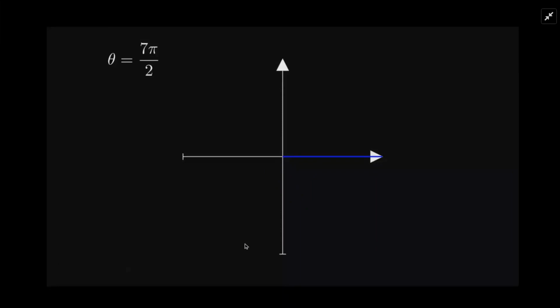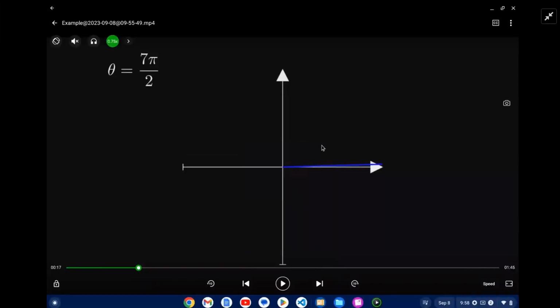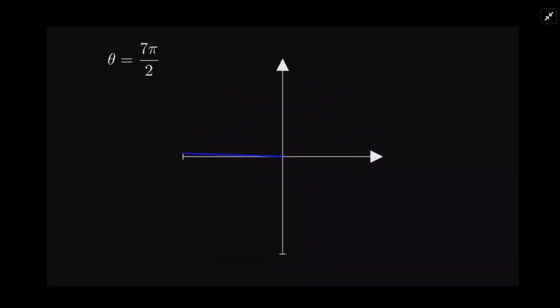Okay, first let's just pause and think. We're going to rotate this radius now, 7 pi over 2. 7 over 2 is 3.5, so it's a little bit less than 4 pi. In other words, a little bit less than 2 full circles. So here's the rotation. 1 full circle and a little bit short of 2 full circles. Okay, so if I subtract a full circle, 2 pi, I will